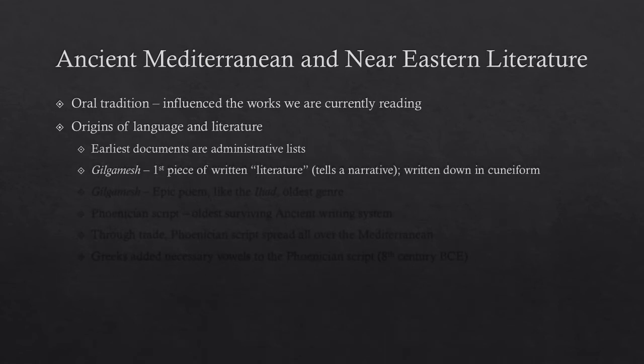So the first piece of literature that was written down, and here I'm using the definition of literature as something that tells a story, tells a narrative, is Gilgamesh. People looking back at older pieces of writing probably wouldn't define an administrative list as literature. But Gilgamesh tells a story, and we follow the hero's adventure and we care about him as a protagonist, and we see how he learns and grows and accomplishes different things and faces different trials and feats, that we would think of as literature.